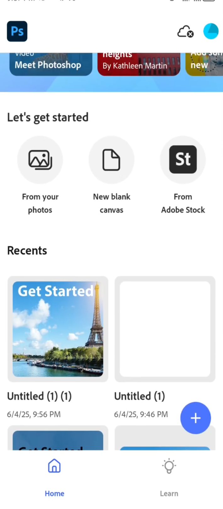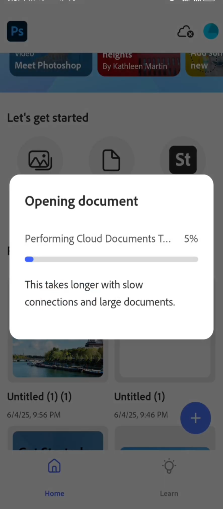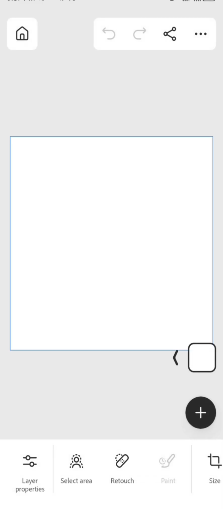So let's get started. So first of all, we have this option: from your photos or a new blank canvas. You can either start editing a picture from your device or you can use a new canvas. Me, I'll use a new canvas. I'll use this Instagram Square. Note that you must turn on your data when opening the Photoshop mobile app. You can use it offline, but if you want to use some special functions or features, you have to